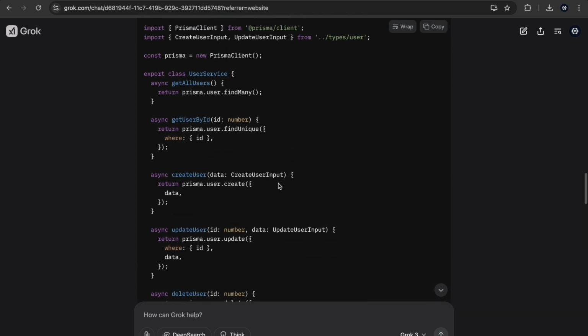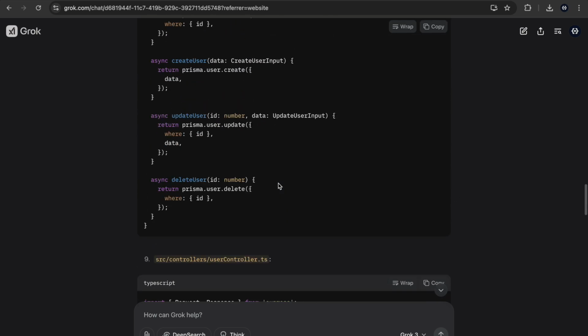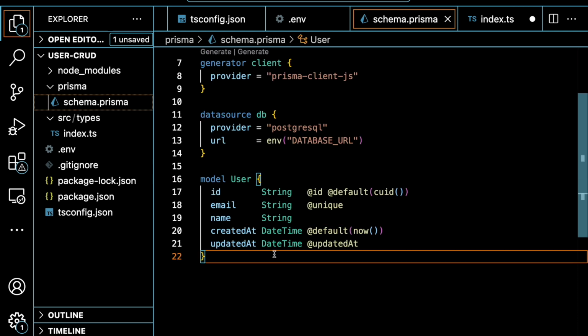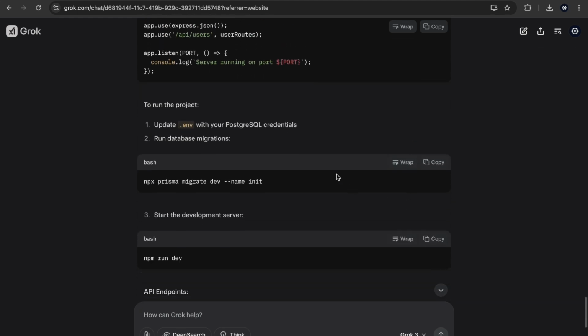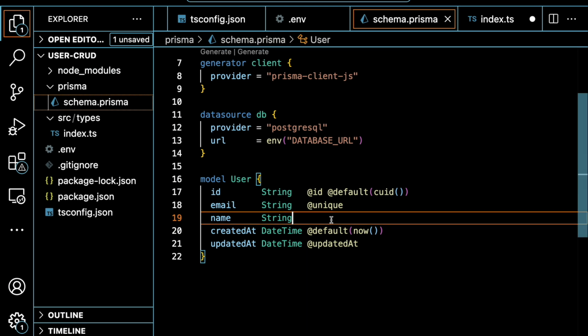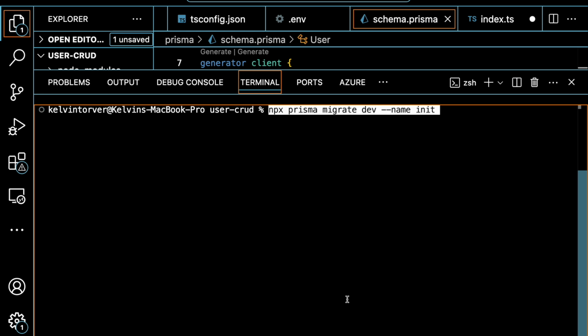You can see the file over here, but before we actually create the user service, we need to run a command to migrate this schema to our database. In order to do that, if we come down to the bottom, before we copy the files at the top, let's copy this code over here and open our terminal and run this command. We are running the command npx prisma migrate dev --name init. It's actually our first